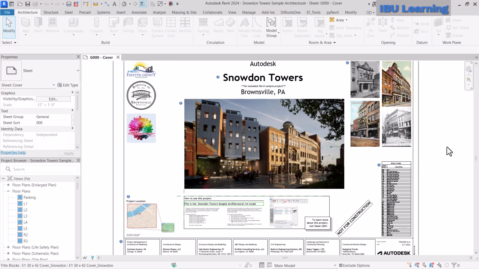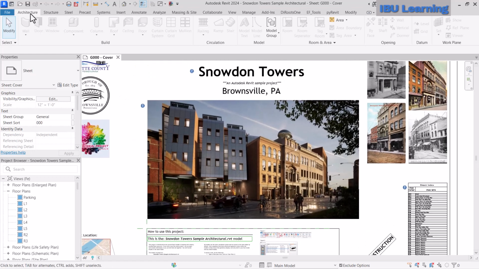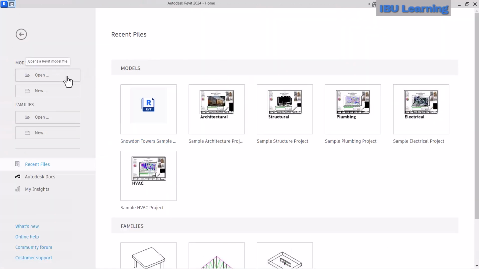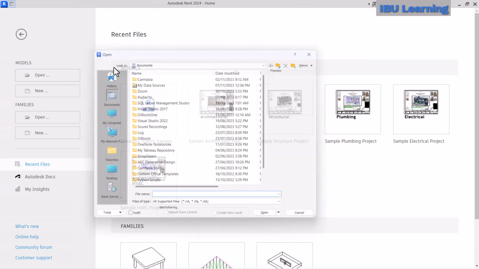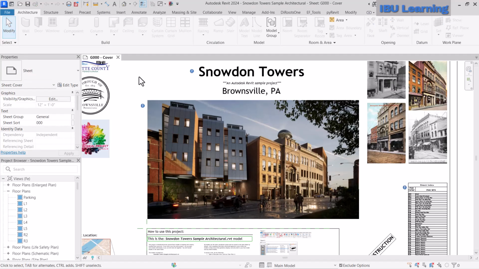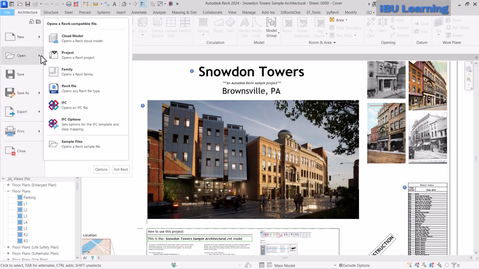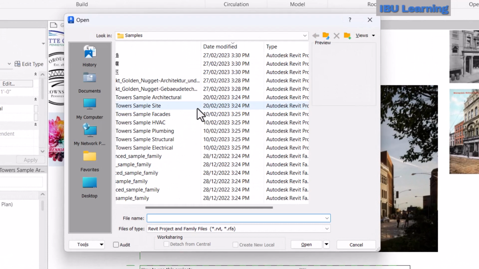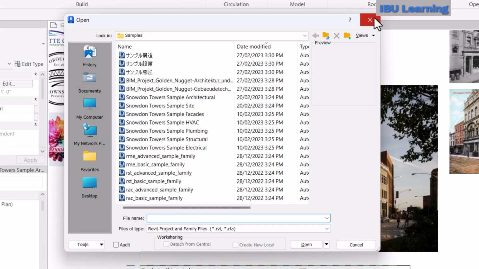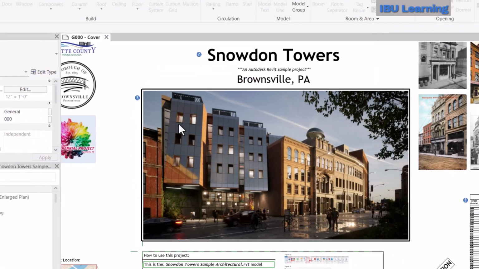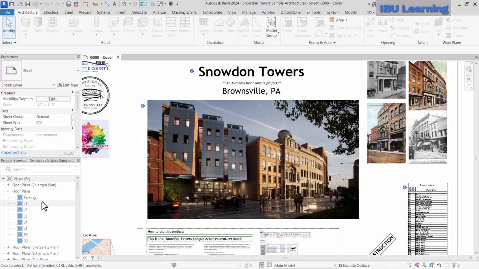Revit model from Autodesk, and you can get this file if you go to open, go to file and then click this icon, and the sample file you can get from here. It's already installed with your system. So here I'm just going to any plan,